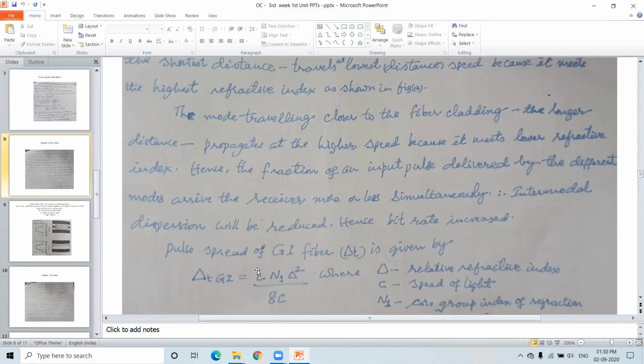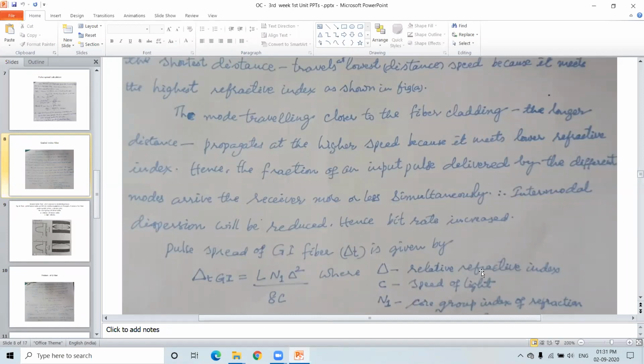L, as you know, is the length of the fiber. N1: there are multi-layers I have shown you, with the zeroth mode refractive index, first mode refractive index, second mode refractive index, and so on up to the critical mode refractive index. The addition of that group of refractive indexes will be the N1. In other sense, it is the core diameter only, but the addition of all the individual refractive indexes of those layers, a fraction of the core diameter.